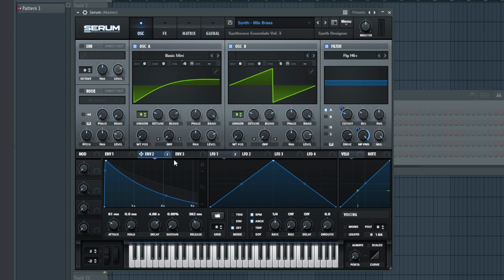So let's head over and check out where I link this to. And it's on the filter, and you'll notice the filter isn't quite my usual low pass, high pass. I have it on this flange filter here. It's the flange H6 Plus. I'm not exactly sure what that stands for, not really the point. But what it creates is this interesting resonance to it. So if we turn the resonance down,